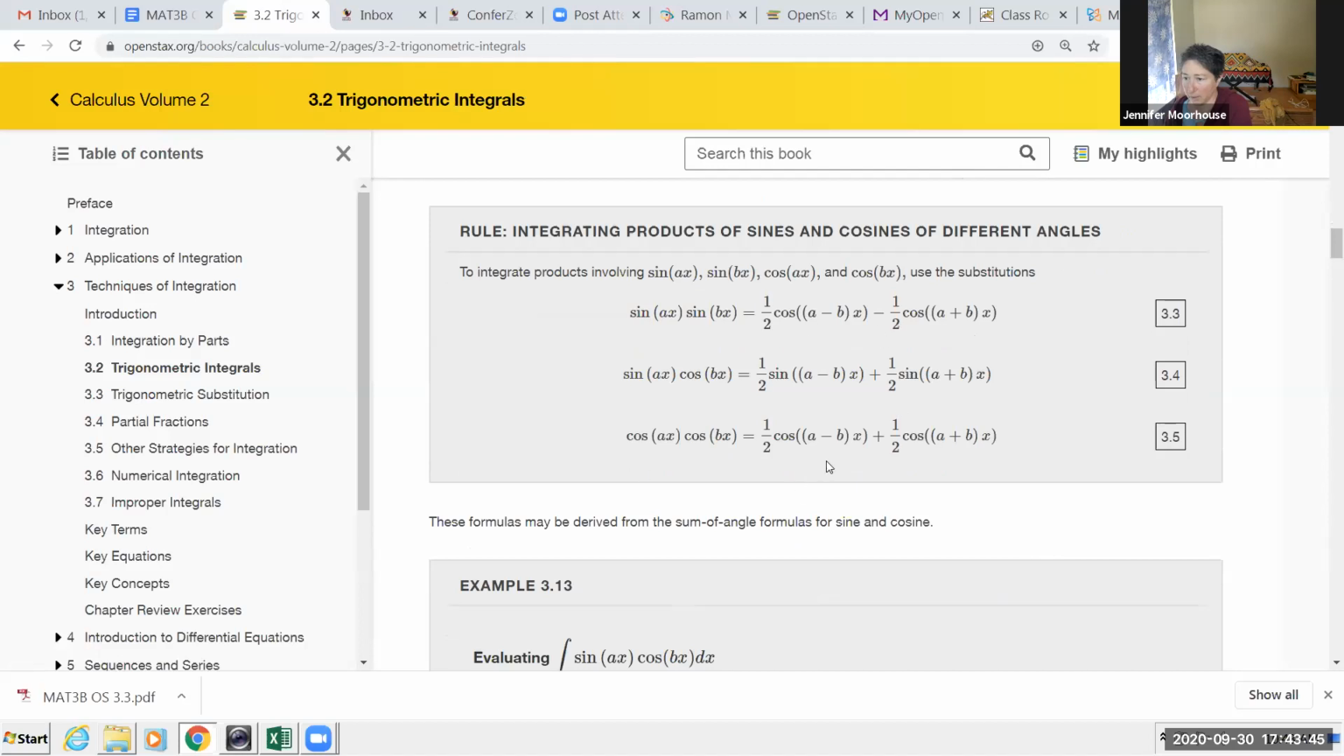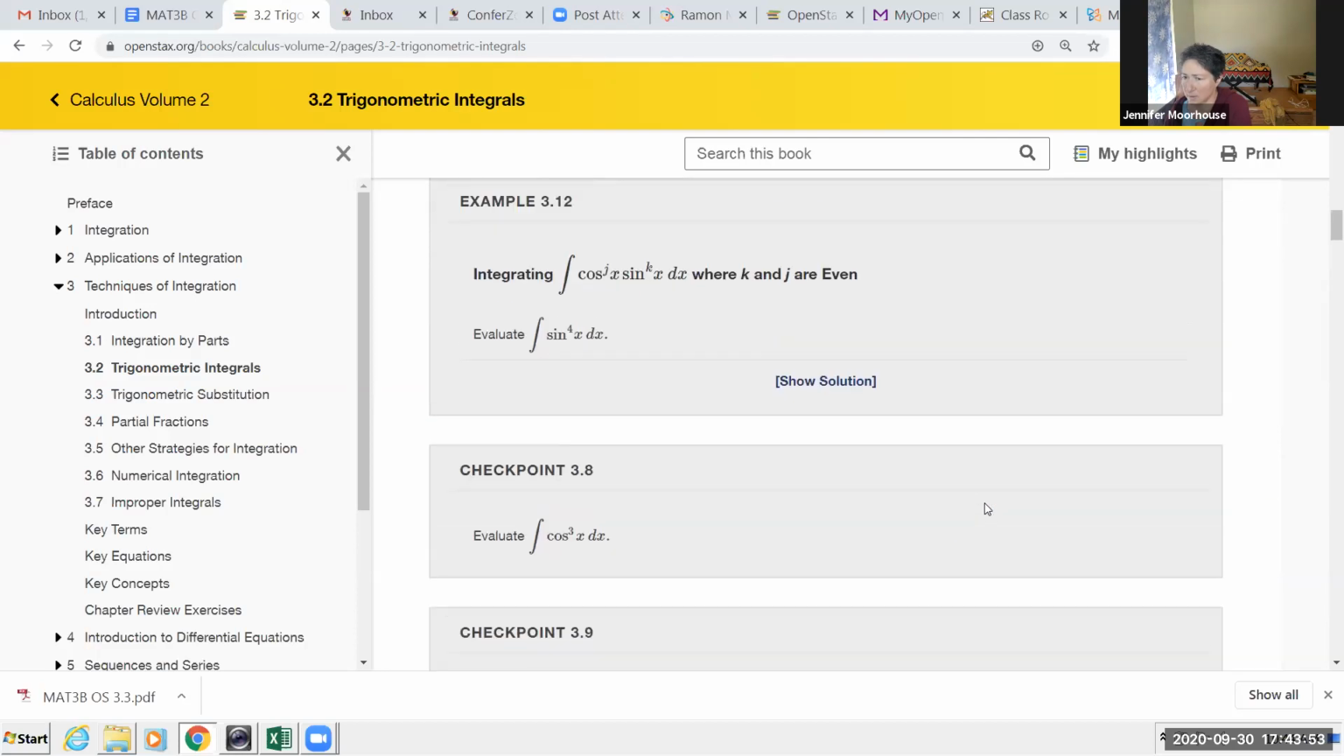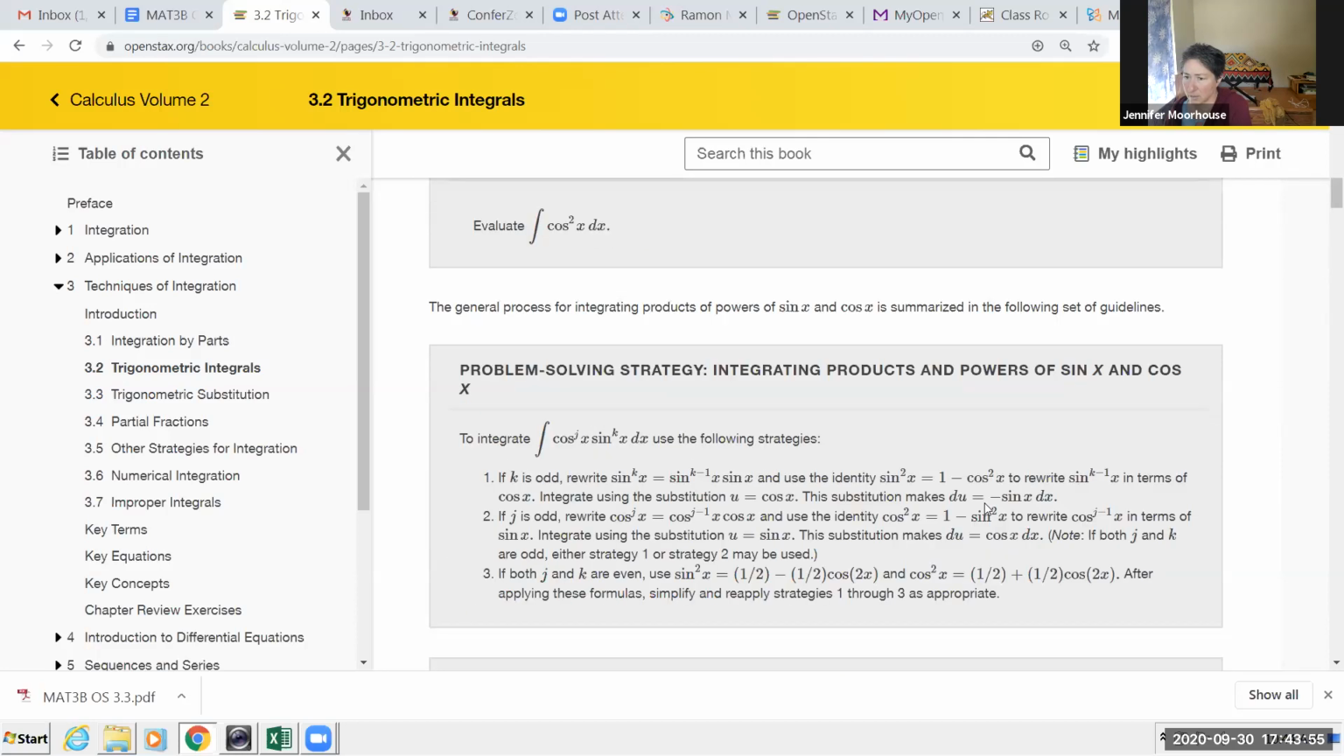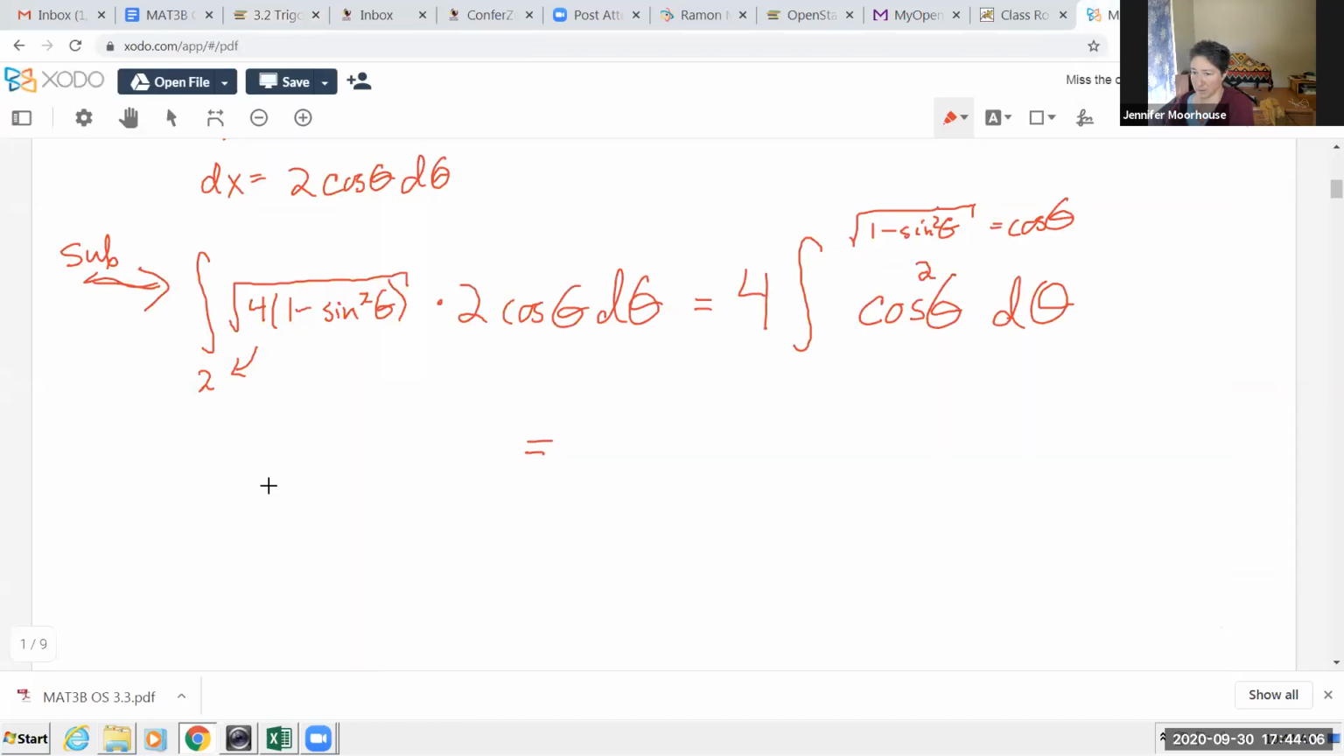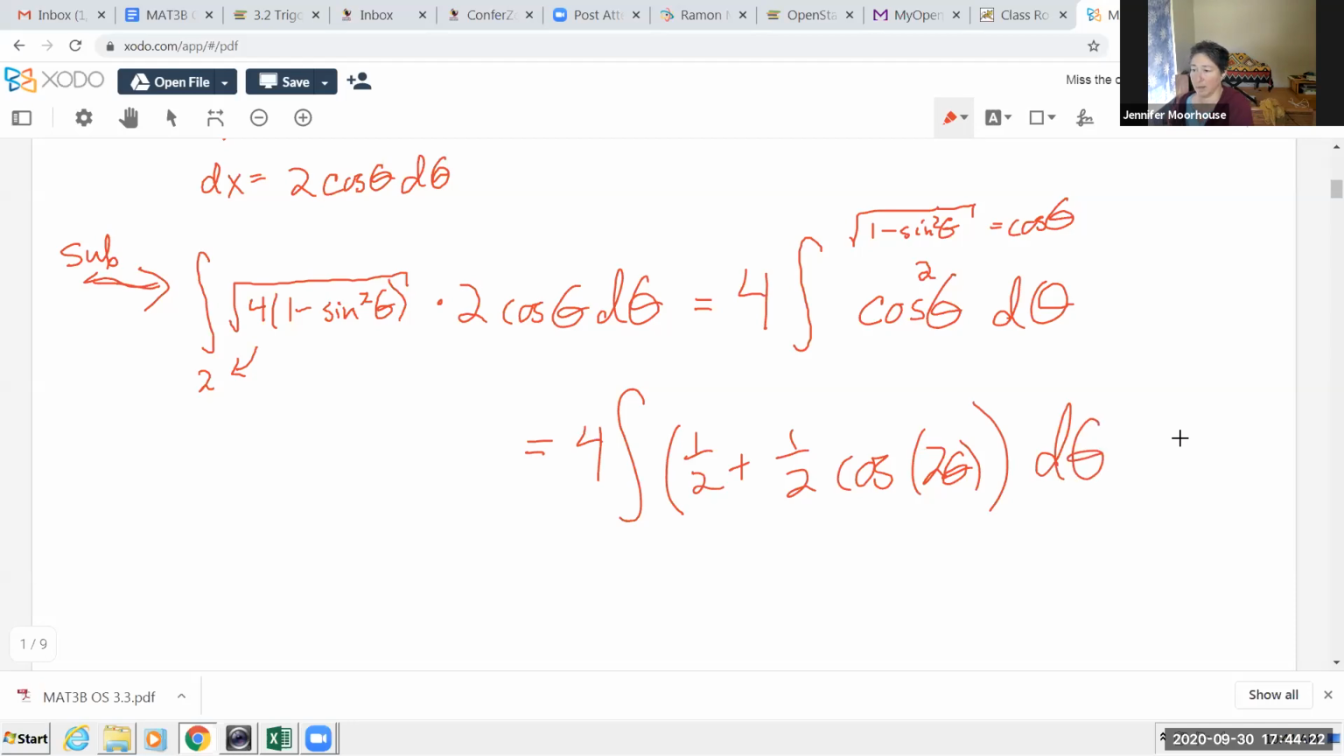Half angle identities. Okay, so cos... Oh wait, that's not it. That's different angles. Cos squared is 1/2 plus 1/2 cosine of 2x. All right, so that would be 4 times the integral of 1/2 plus 1/2 cosine of 2 theta d theta. And so we integrate